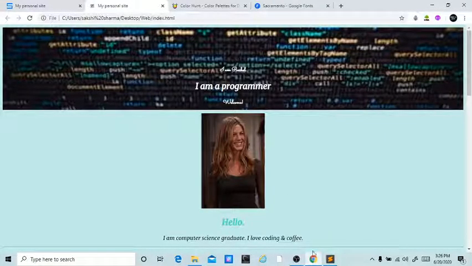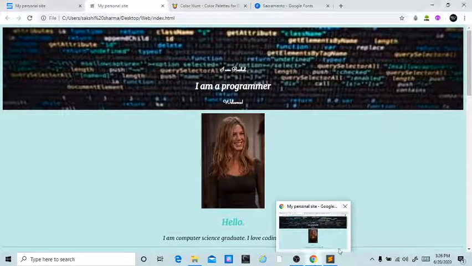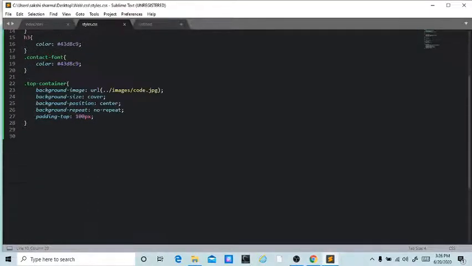So there is a proper relation between pixel, percentage and REM. 16 pixel is equal to 100% is equal to 1 REM. This is the formula. You can convert pixel into percentage into REM, but I prefer to use REM, and you should use REM also because it is very adjustable and widely used now.